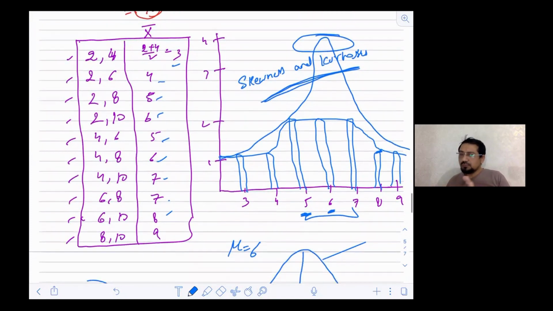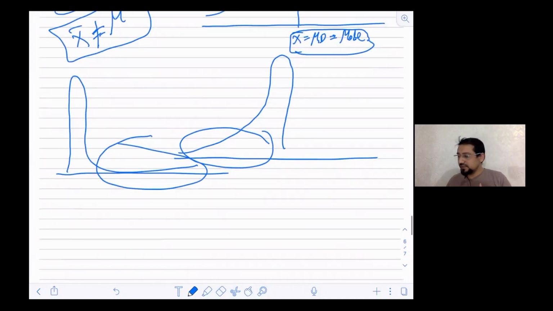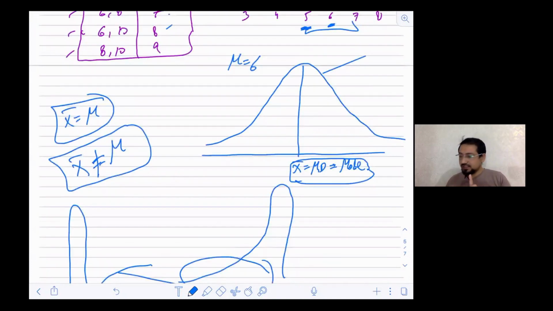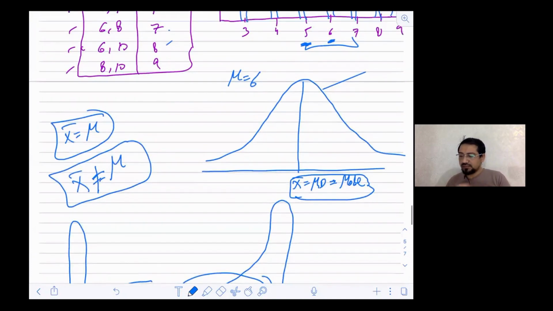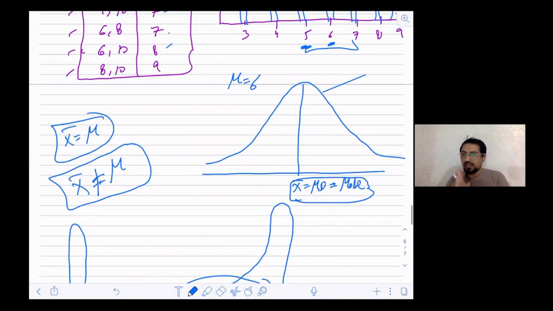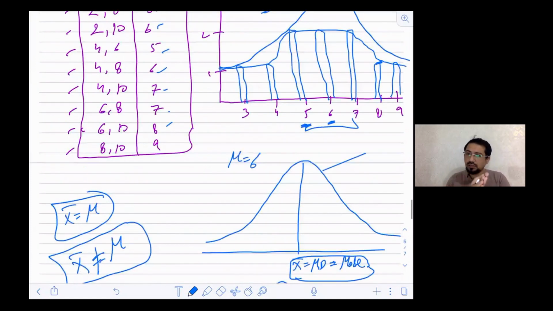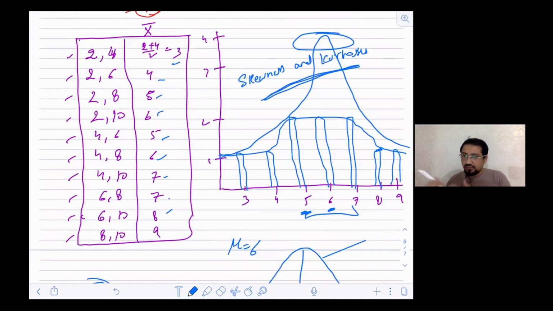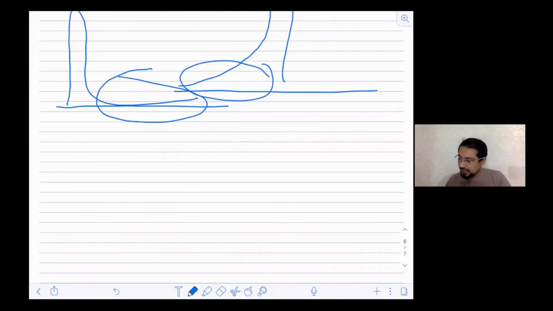But so far we have learned that in this case, without replacement, with sample size 2, our mean is not equivalent to the mu, and that's the purpose. We want to know whether our sample mean is actually representing the population mean. Okay, very quickly, otherwise the video would be very long, let me take sample size 3.